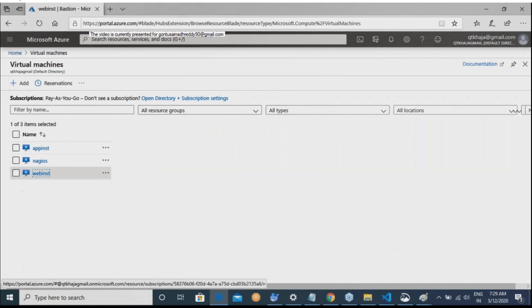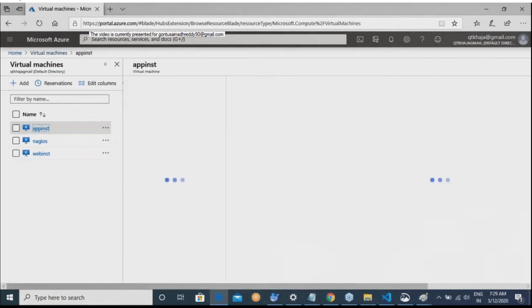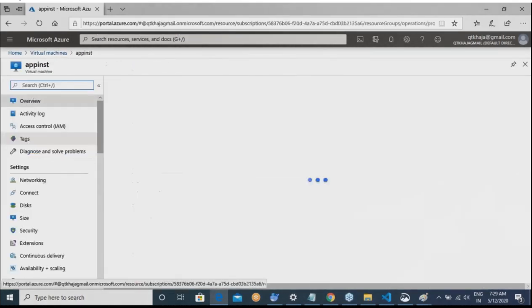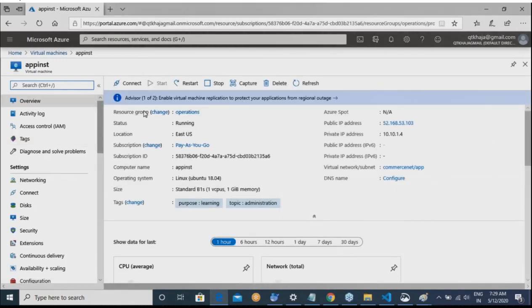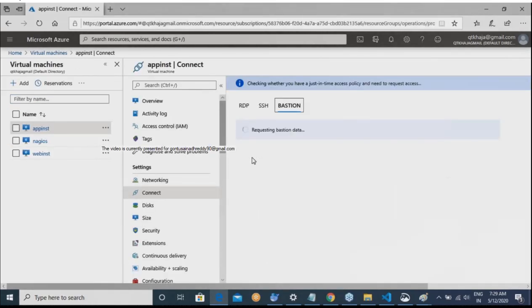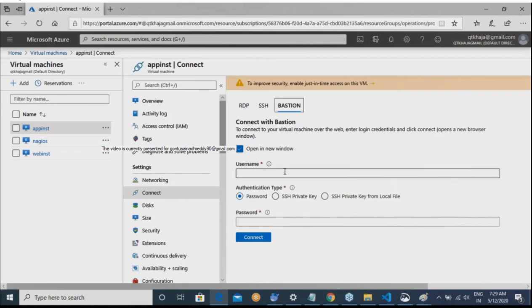So home, virtual machines, app instance. Okay, connect, Bastion.